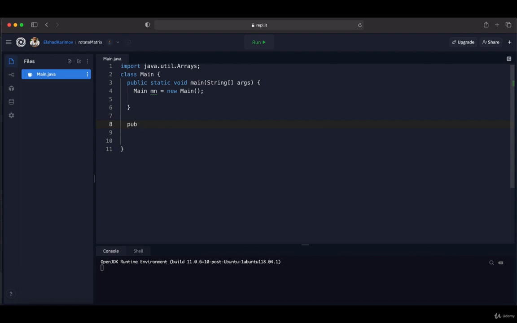So in this case, I'm going to declare our method like this: public boolean rotateMatrix. As a parameter, it's going to take a two-dimensional array, so it's going to be an integer array, a two-dimensional matrix. Then inside this function, the first thing that I'm going to do is check that if the row